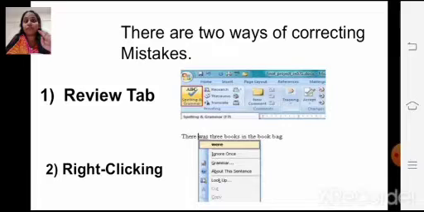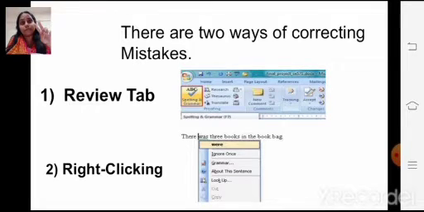The next way to correct your mistake is by right clicking on that text. You know the right click, the left and right buttons of your mouse. Click on the word where the mistake is and just right click.